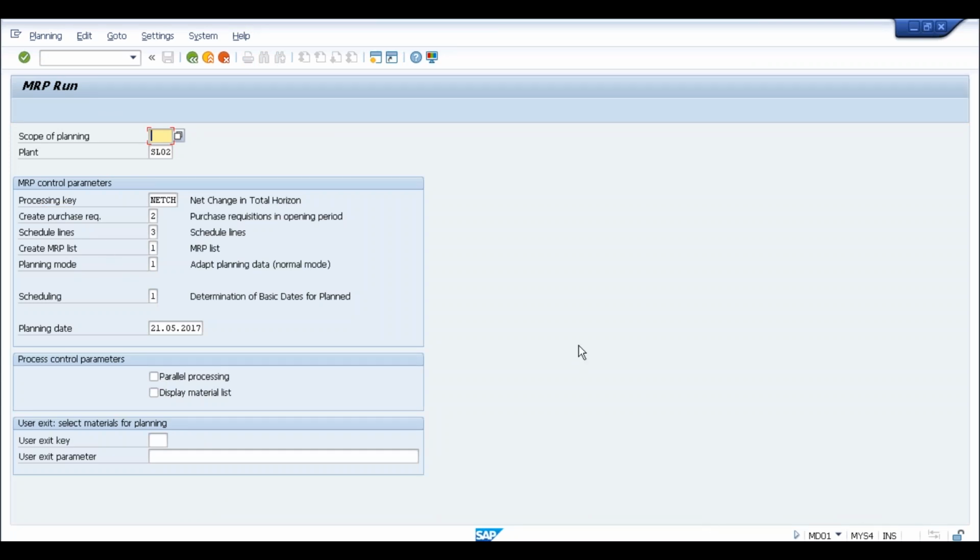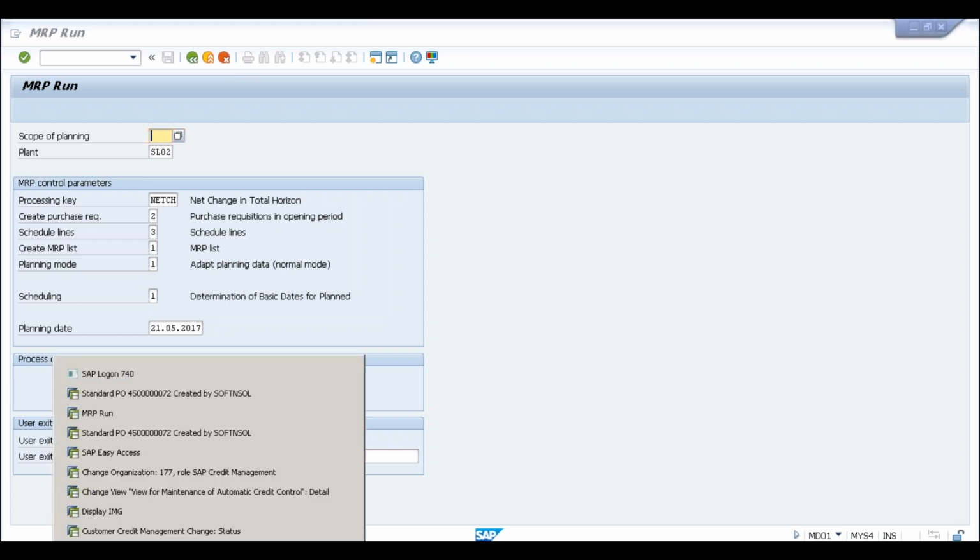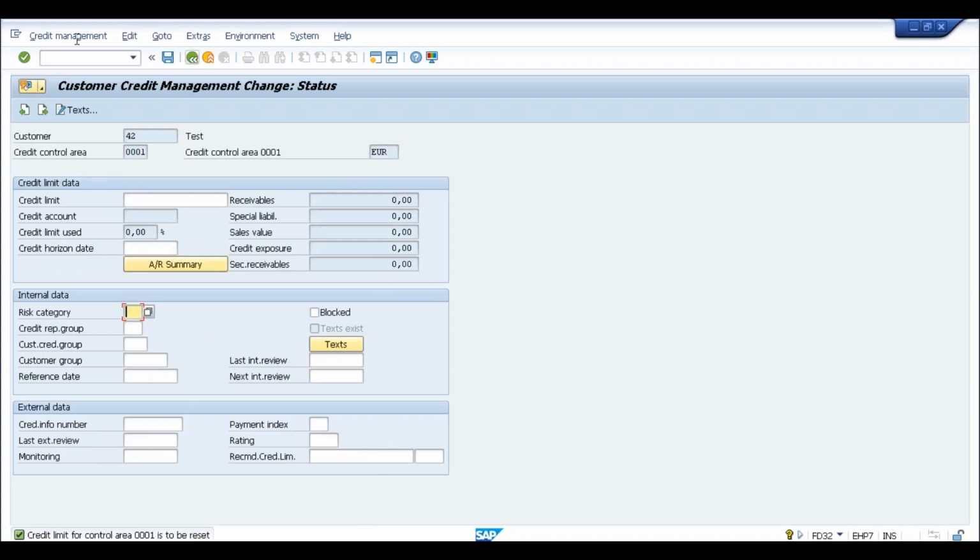Let me open MD01. Now I am on the SAP HANA database, right? Let me open ECC also here. Okay, this is my ECC screen. If I open MD01,